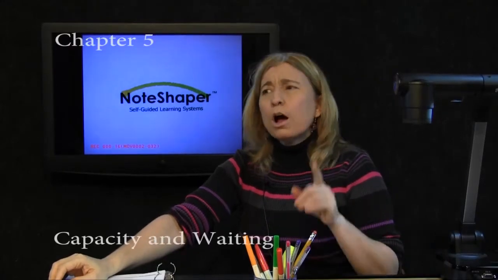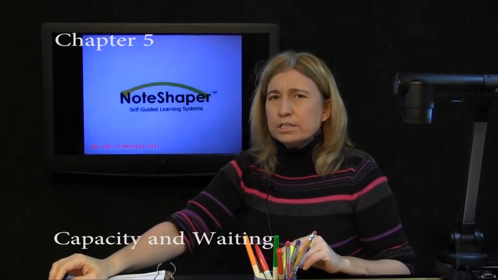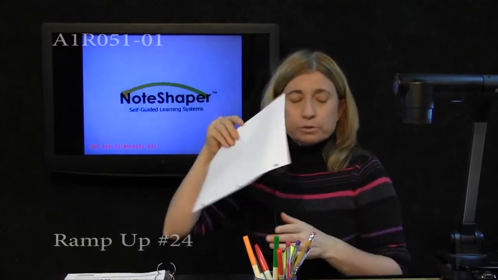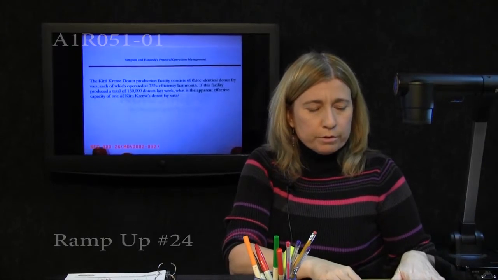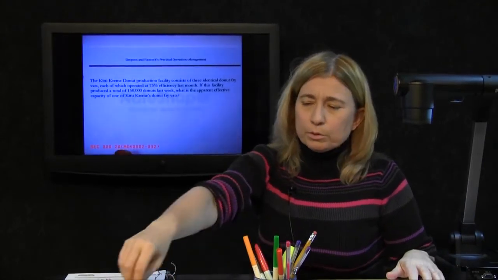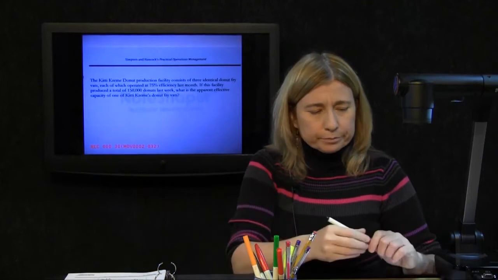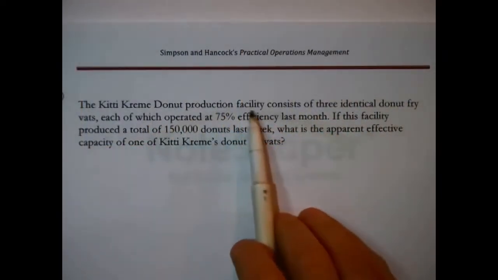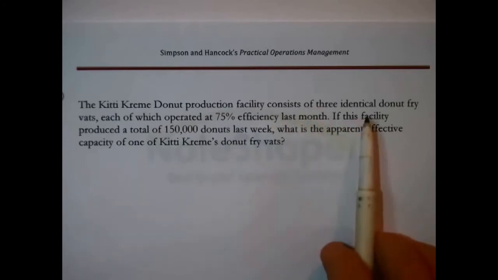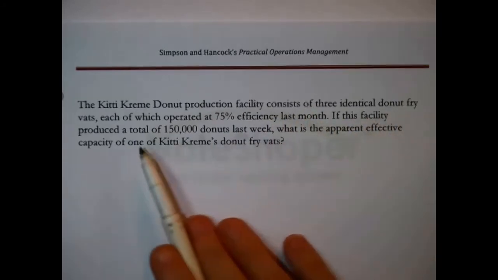Short problems are not necessarily easy problems. We see a problem like this one that's only a few sentences. We assume, oh, this is going to be straightforward, but short problems can hide a lot. Let's take a look. The Kitty Cream donut production facility consists of 3 identical donut fry vats, each of which operates